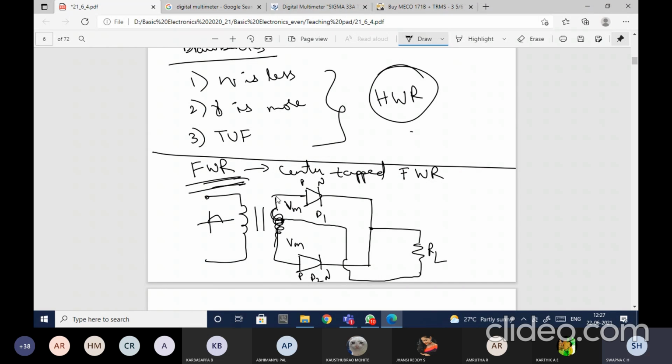Okay, so that is the drawback of this center tap full wave rectifier, because determining the exact center point is difficult. This is also costly because of finding the exact location of the center point. This circuit is also costly. So coming to the drawbacks of the center tap full wave rectifier, you need to identify the exact center point, and the circuit is also costly. Okay, so these are the disadvantages.